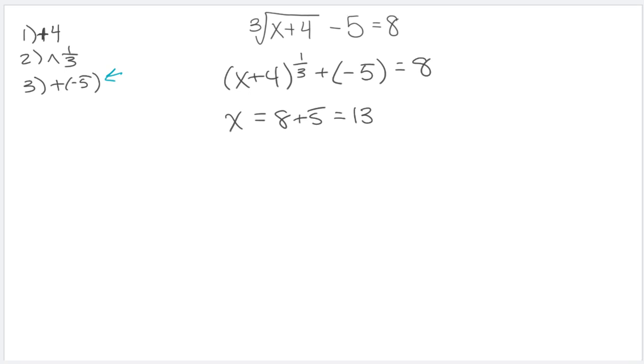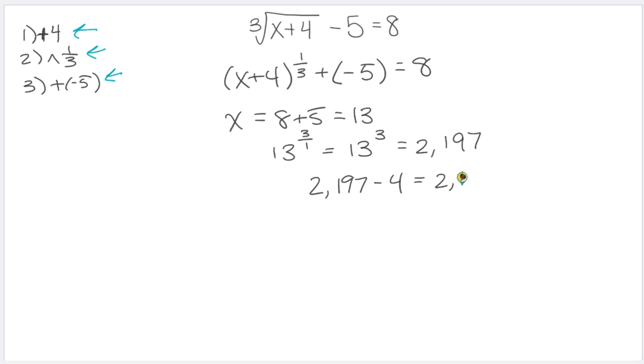All right, and then from that 13, we're going to do the inverse of taking that to the 1/3 power, which is taking that to the 3/1 power. So we're going to have 13 to the 3/1 power, which is the same thing as 13 cubed, which if we do that in our calculator or by hand, who is doing that, 2,197. And then lastly, we're going to do the inverse of our first step, which was adding 4, so we will be subtracting 4. So 2,197 minus 4 will ultimately give us 2,193. So x is equal to